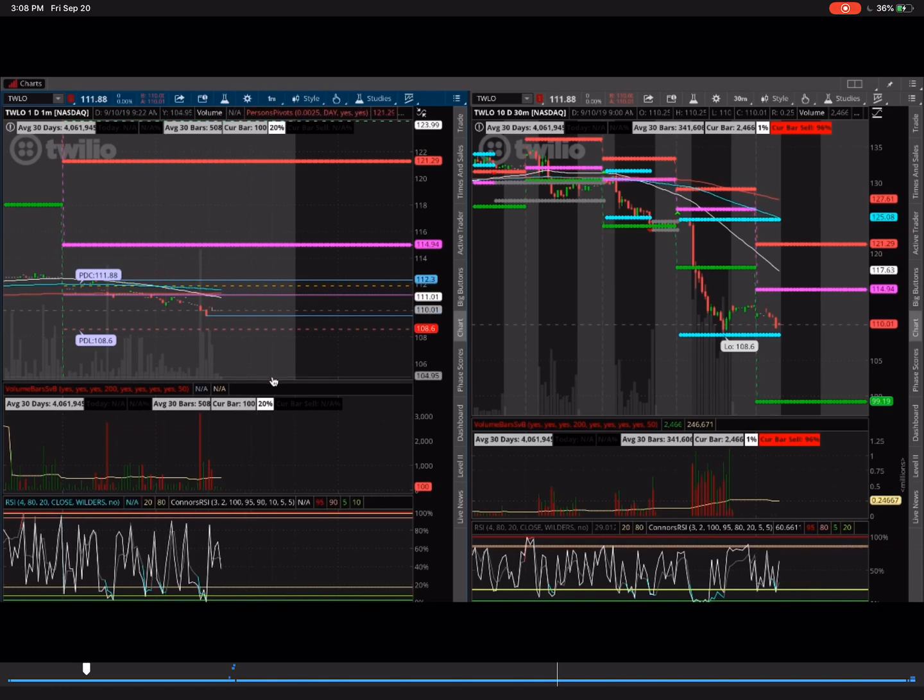109.61. And then the targets for this one to the upside are going to be 114.94, 116.70, which is right around here. You'll see that matches up with some of the MAs and EMAs on the 5 to 10 minute charts. So constantly switch between those levels, especially when it breaks pivots, to make sure that you're prepared to exit or